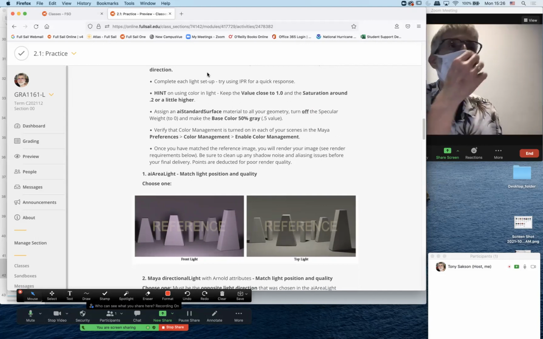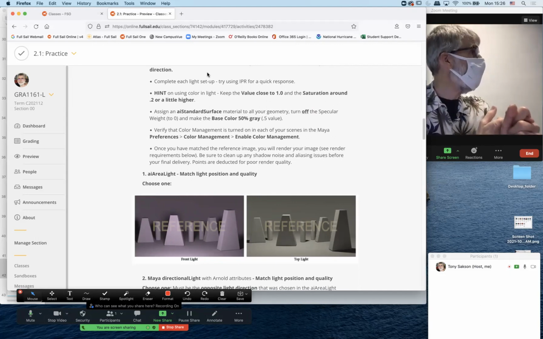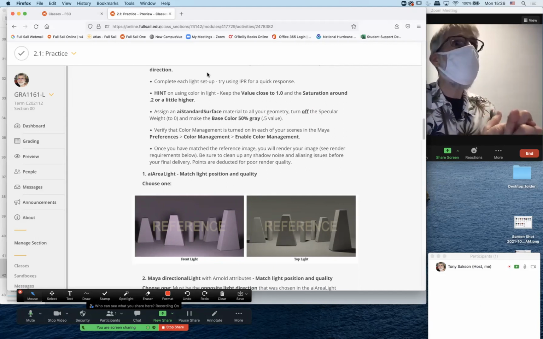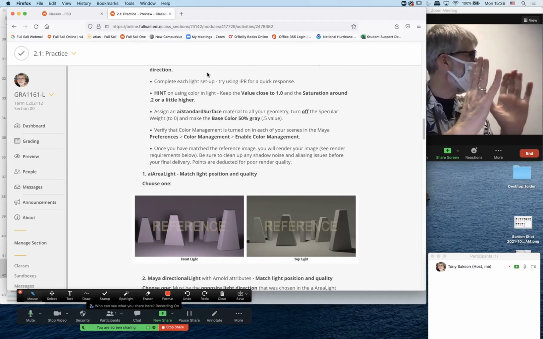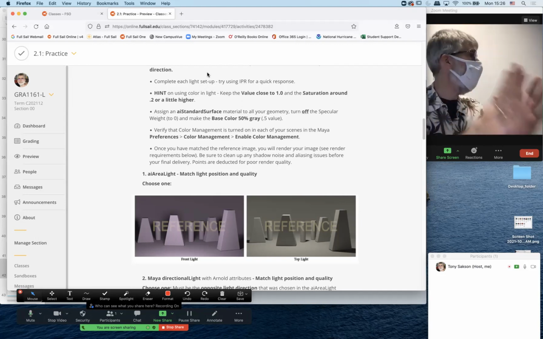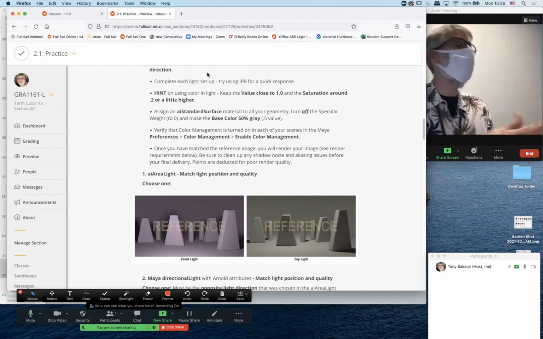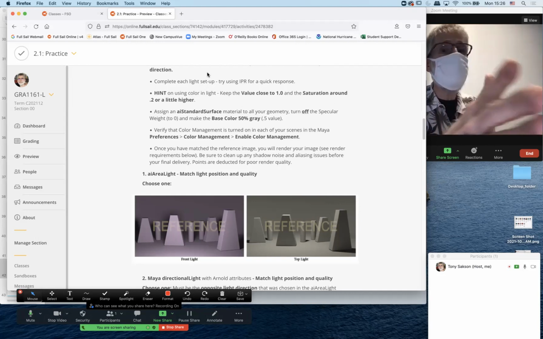On all your geometry, when you open your scene up, you will need to assign an AI standard material to all of the geometry. This is going to be from here on out. When we give you a new scene, assume, unless we tell you otherwise, it doesn't have anything but Lambert on there. So your job will be to assign the AI standard, and